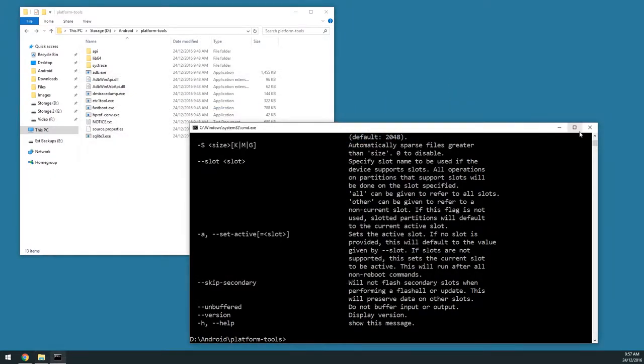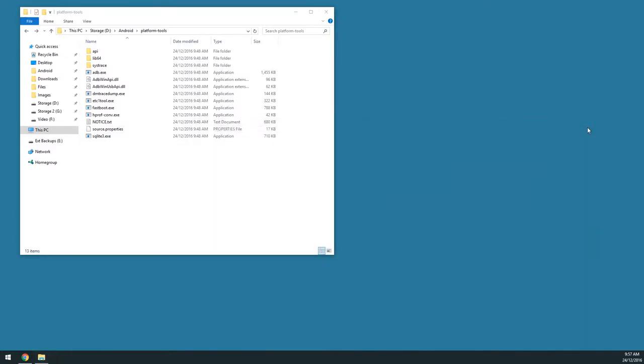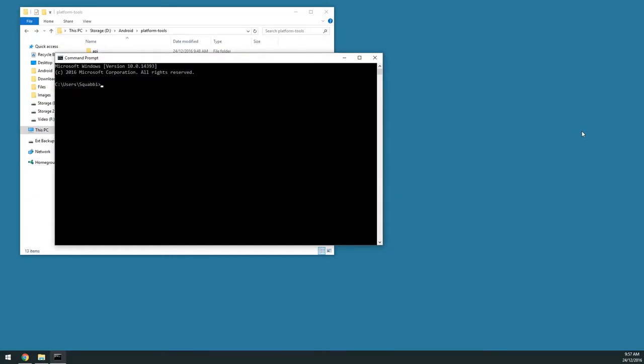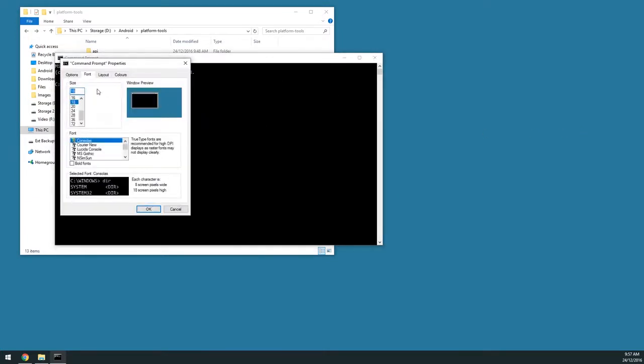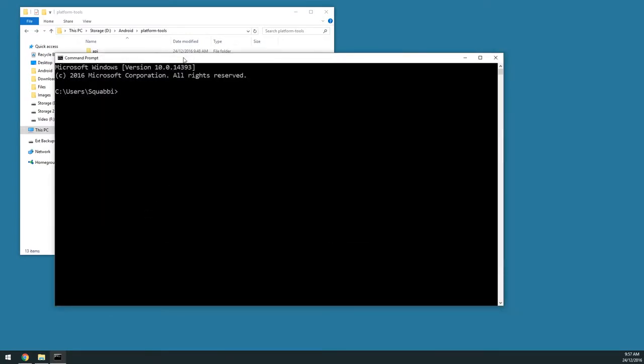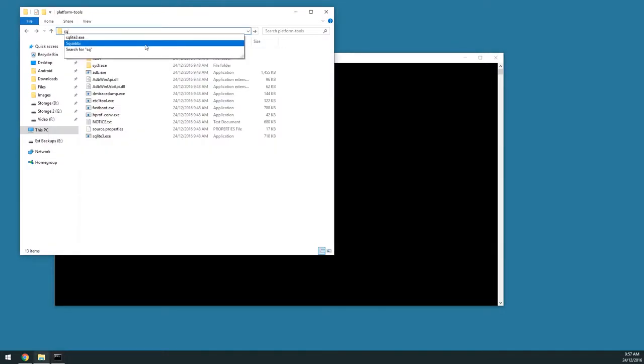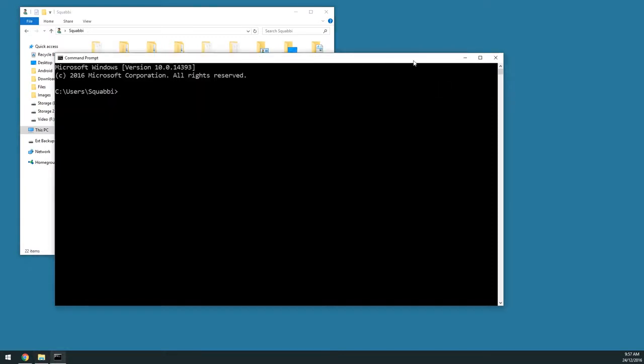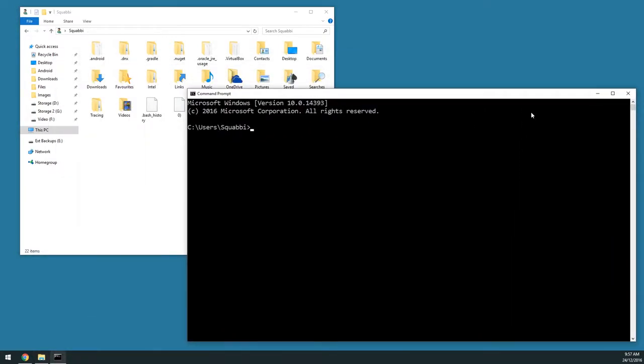Close this. Now as proof, I'm going to close this command prompt window that has already been changed to the platform tools directory. I'm going to open up a new command prompt window just by typing in CMD, and then if I can enlarge this a little bit, not too much. This is just in my home directory, and if I show you my home directory, you should not see any fastboot or ADB there, it's quite empty,